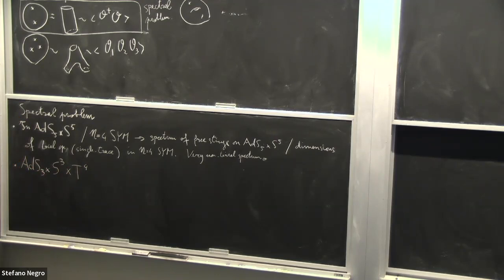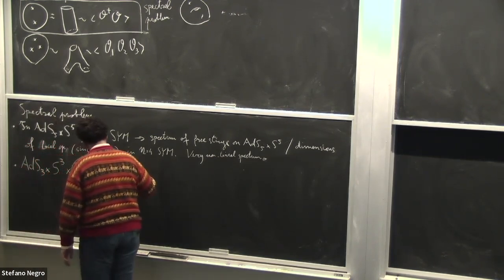A couple of other backgrounds that you might be familiar with appear where instead of T4, you put a K3. Or there is a slightly more exotic one where you have AdS3 x S3 x S3 x S1. It's a bit more exotic because you can tune the radii of the two spheres. Some of the things that I'm going to say will apply, but I don't want to go too much into detail. So AdS3 x S3 x T4